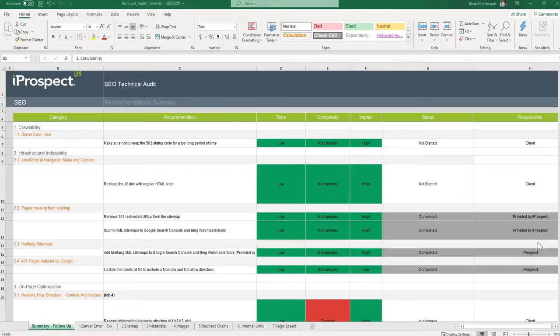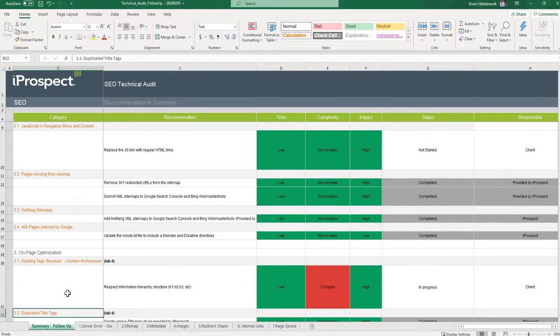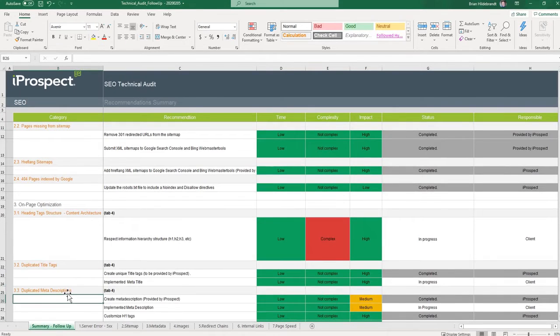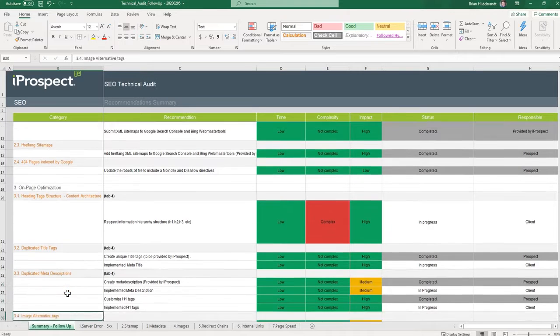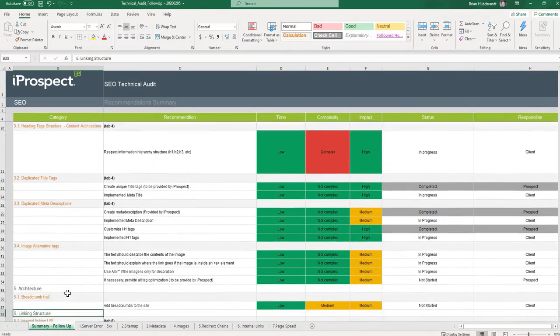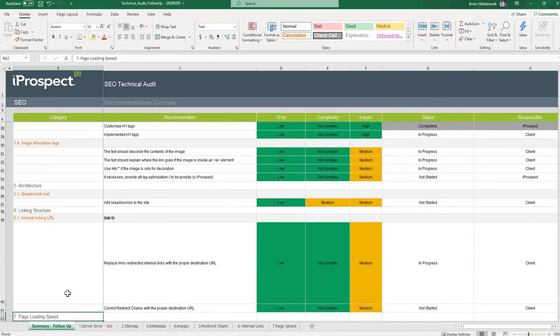Indexability, we'll be looking at JavaScript and navigation, pages missing from the sitemap, also hreflang sitemaps for pages indexed by Google, and then on-page optimization, which includes heading tag structure and content architecture, duplicate title tags, duplicate meta descriptions, image alt text, and then also looking at architecture of breadcrumb trails, linking structure, which includes internal linking,